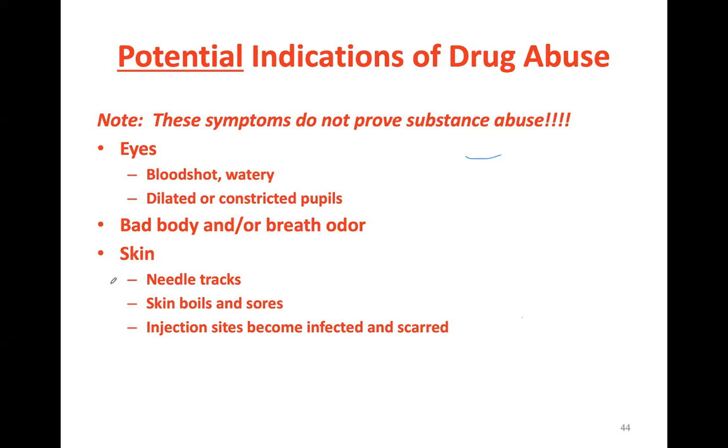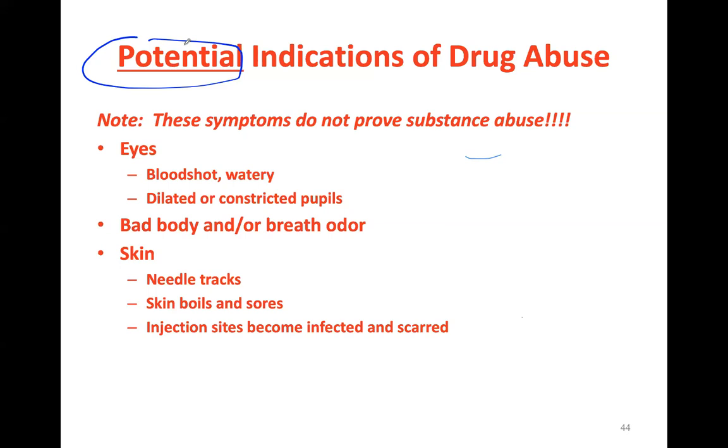But the reality is that we can't use that as the only thing. That's why, on these next three or four slides, I referred to them as potential indications of drug abuse. Looking at the pupils: very dilated or constricted pupils that are not considered appropriate. If I'm in a very brightly lit room, I don't expect my pupils to be extremely dilated. On the other hand, if I'm in a very dimly lit room, I expect dilated pupils, not very constricted pupils. Then bad body or breath odor. A lot of times, oral and physical hygiene becomes not important. Some of the drugs, either when they're going through withdrawal or while they're on them,